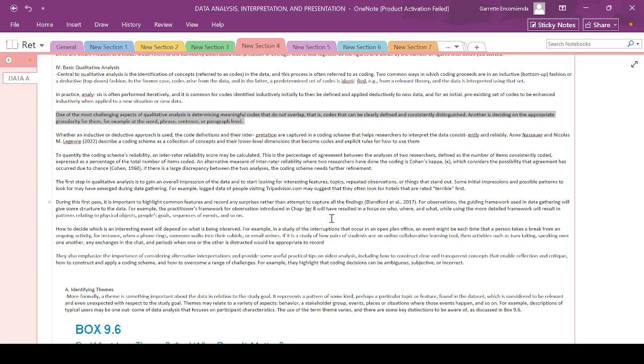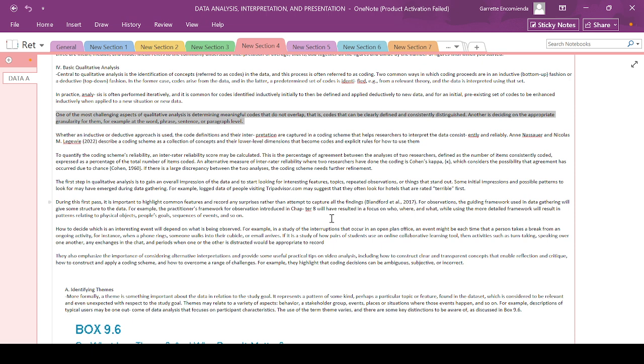To quantify the coding scheme's reliability, an inter-rater reliability score may be calculated. This is the percentage of agreement between the analyses of two researchers, defined as the number of items consistently coded, expressed as a percentage of the total number of items coded. So based on the codes from the inductive and deductive process, how many researchers agree, and at what percentage, on what that